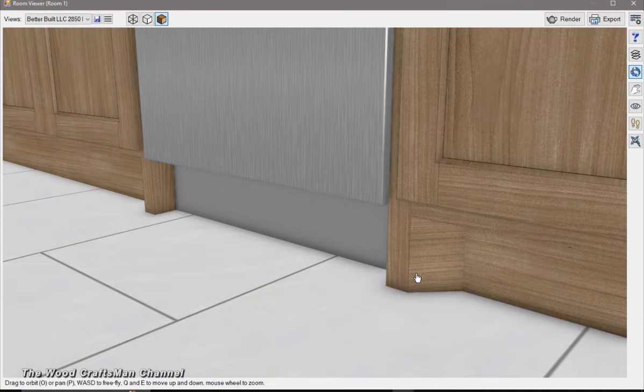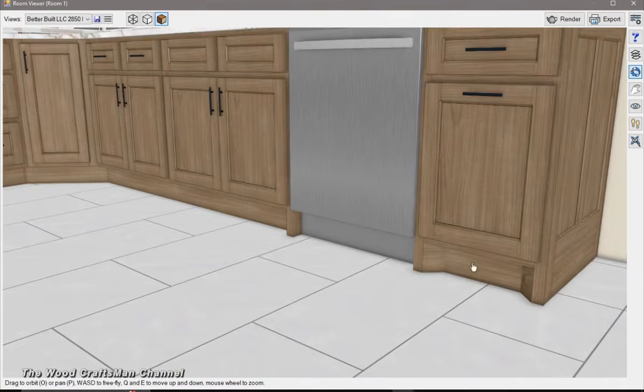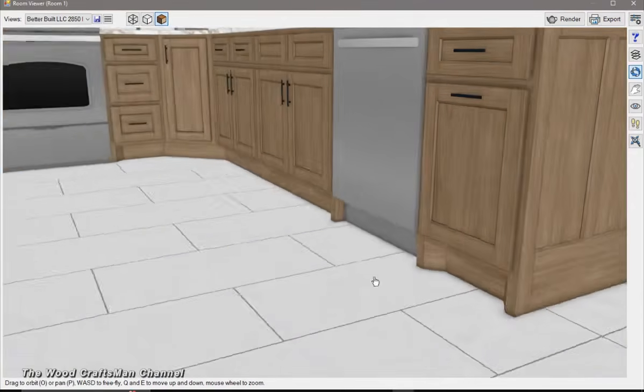Some more of the modern looks don't have this. They may have more of a recessed toe all the way around. But this is something that we've been doing for the last 25 years and people really like it. It's good for a lot of things, but at the same time when it comes to doing a reflooring, the flooring guys hate it, which I understand why. But we're all about what the customer is looking for and making sure they're satisfied with what they're getting. So